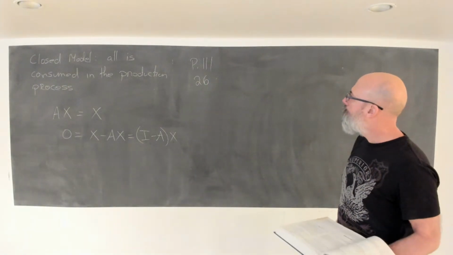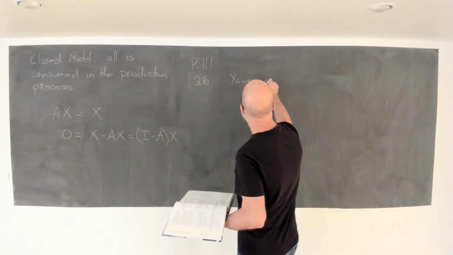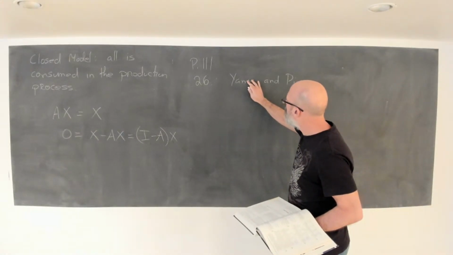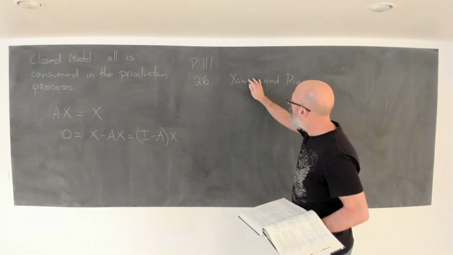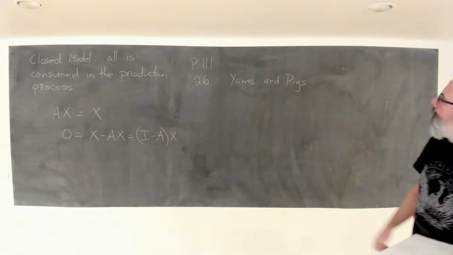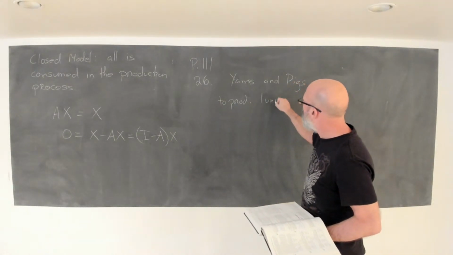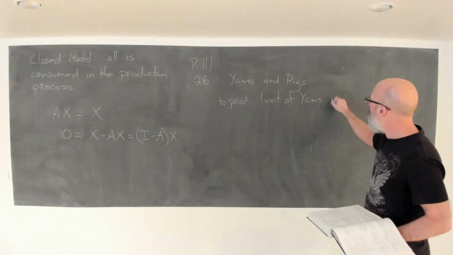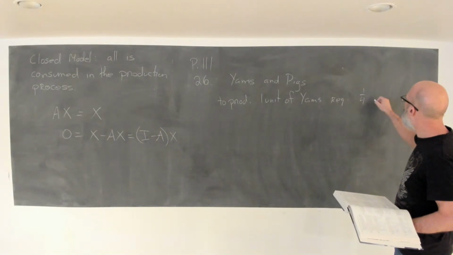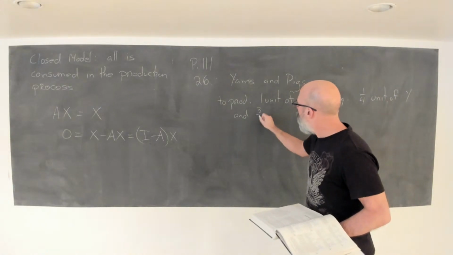Consider a two-sector economy depending on yams and pigs. As you know, the yams is the power that be. And suppose that to produce 1 unit of yams requires a quarter of a unit of yams and 3/4 of a unit